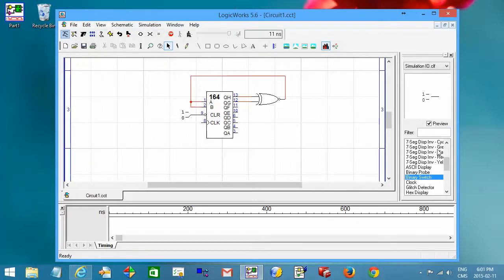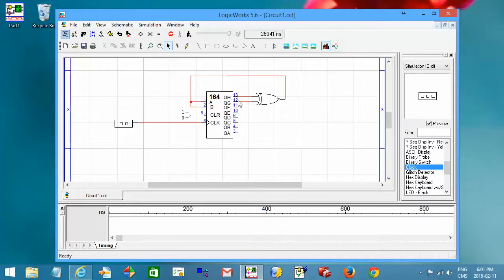Now, the next device I want is a clock. So I'll double click on the clock right below the binary switch, and I'll place it here. Terminate placement mode, and then click and drag. There you go. So we've got our simple little circuit built, and it's actually simulating, but we can't see any